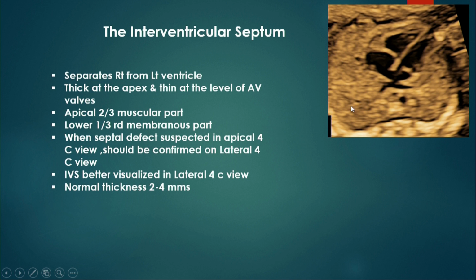Interventricular septum: the apical 2/3 portion is thick and muscular. The basal 1/3 is a membranous portion and it's thin. When a septal defect is suspected in the apical 4-chamber view, that should be confirmed in the lateral 4-chamber view, because the IVS is best seen in the lateral 4-chamber view. You can measure the thickness of the IVS, that is 2 to